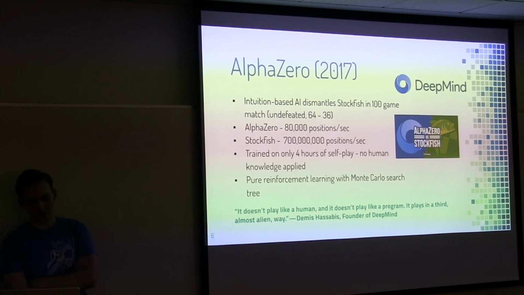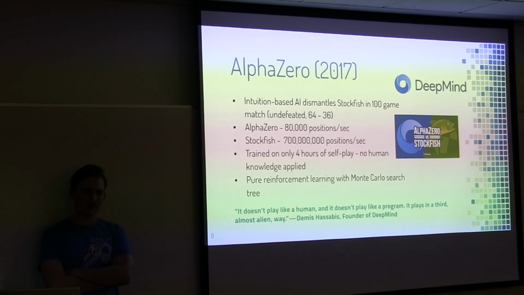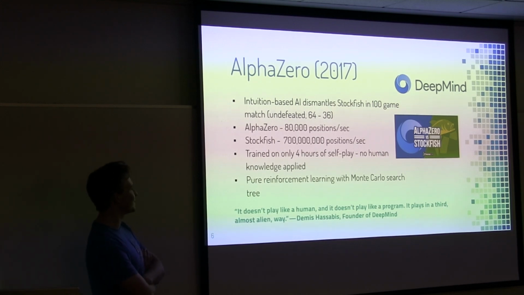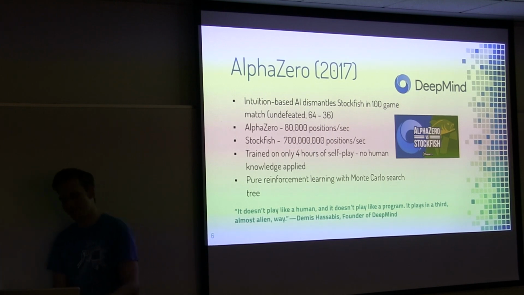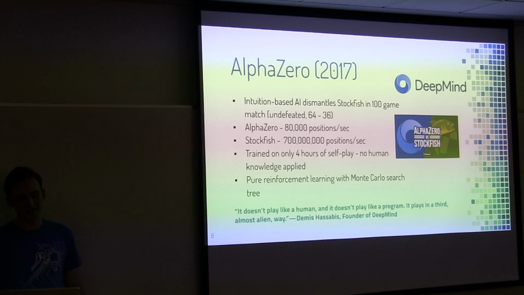So you can see the difference in raw computational power here in that AlphaZero can only evaluate around 80,000 positions a second, whereas Stockfish is looking at 700 million. That's a very significant difference, obviously, but it's really not the most chilling fact, because AlphaZero was trained entirely on self-play. So Stockfish, Komodo, these top engines, they kind of represent the pinnacle of human knowledge of chess. We've programmed everything we know into these games, whereas AlphaZero is just a fresh, clean slate. Basically learned the game by itself, right?